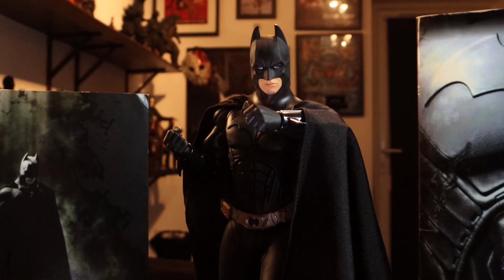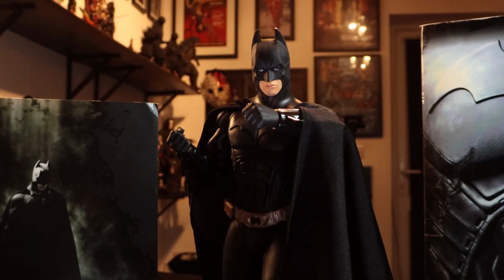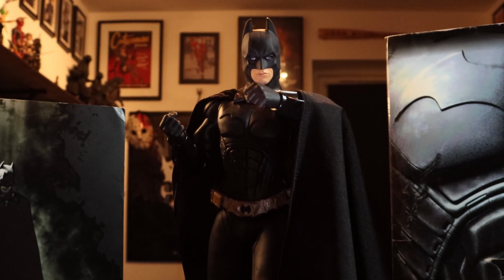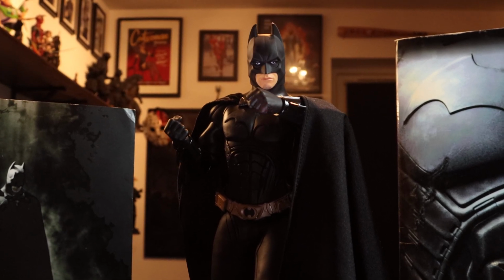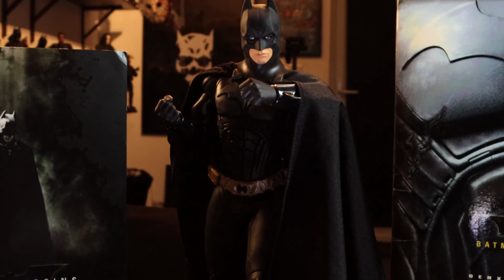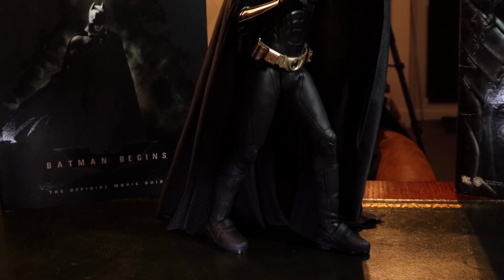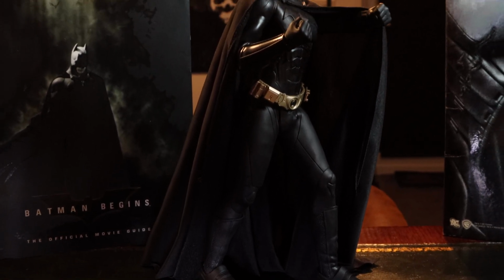So articulation is not great, to be honest. You know, it's an old piece, and that rubber suit is thick, heavy duty. It doesn't really want to let you do much, but you can still get him looking pretty sick. So it balances really well. Ankles are really strong. His feet look a bit big, but that just kind of comes with that charm of him being more of an action figure kind of look,